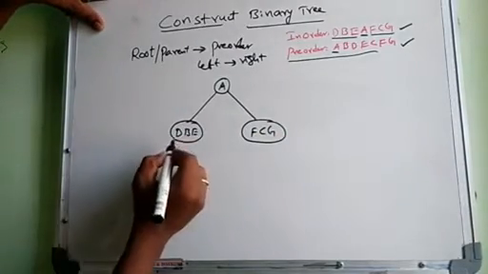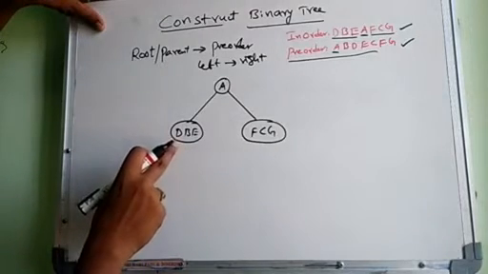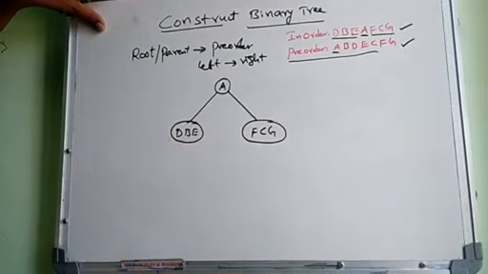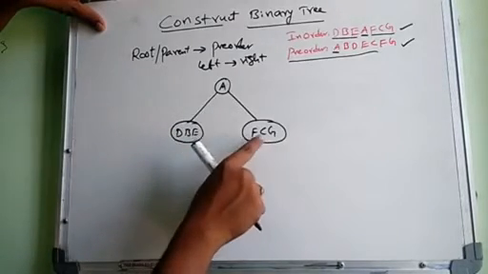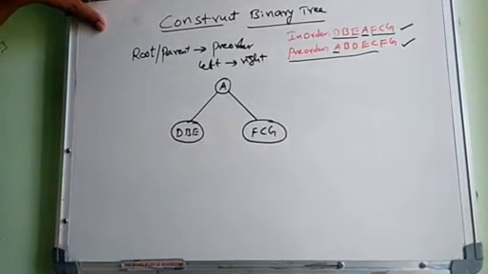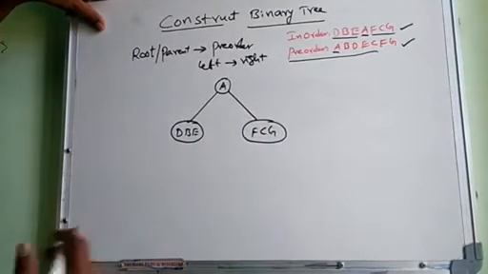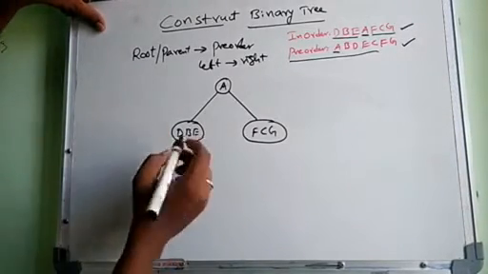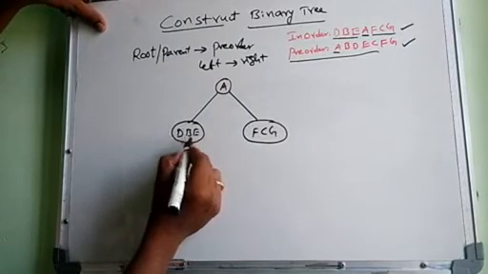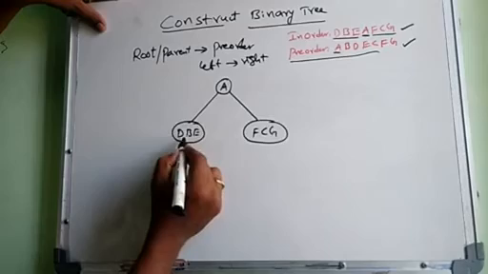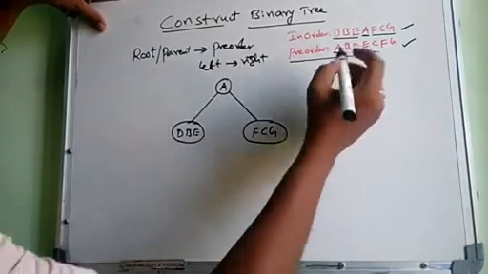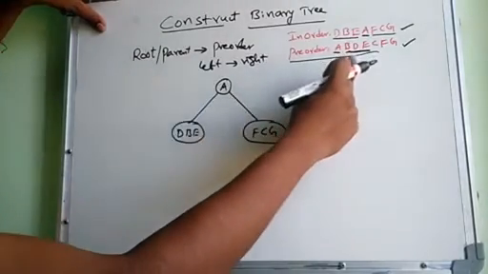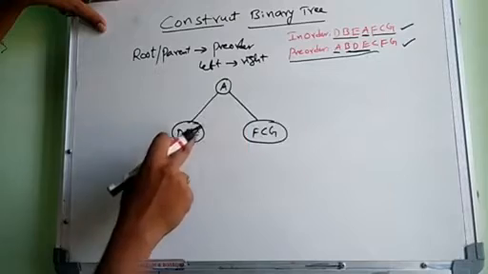Next, in a tree every child has only one node, but here the left has three nodes, and the right also has three nodes. So split the group into single nodes. For the DBE combination, first we have to search, and next we have to find the root of this combination. So what is the combination? DBE, that is B, D, E.